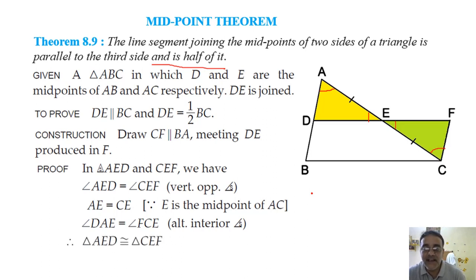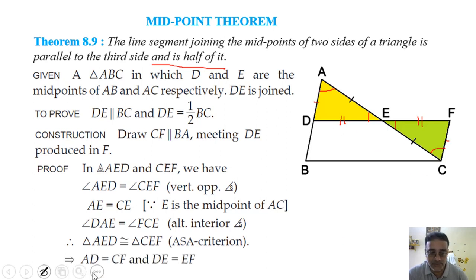Acha, if you write angle and side, AAS, that is also acceptable because two corresponding angles on one side. And if you write ASA, that is a perfect one because the side is included between two angles. So the reason is ASA criteria. Okay, clear this one? Yes, sir. Now if these two triangles are congruent, DE is equals to EF. Why? CPCT. And AD is equals to CF by CPCT. So I'm going to take both. AD is equals to CF and DE is equals to EF.